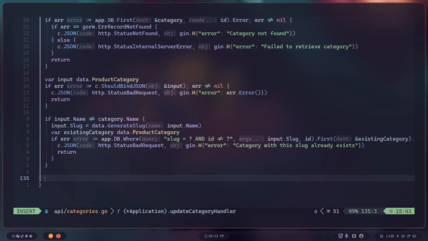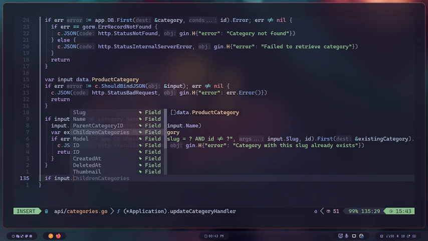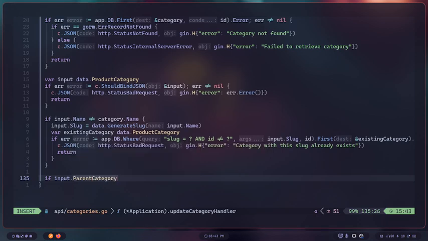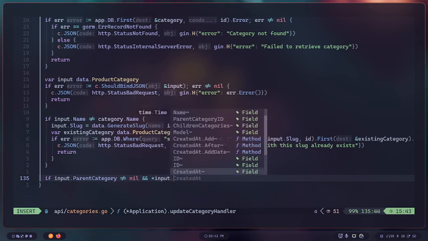I also need to check if there's a parent category, and also if I want to assign a new category, and if this is different from 0, I need to assign it. But in the case that the parent category doesn't exist, it should return an error. So if I include a parent category and it's different from 0,